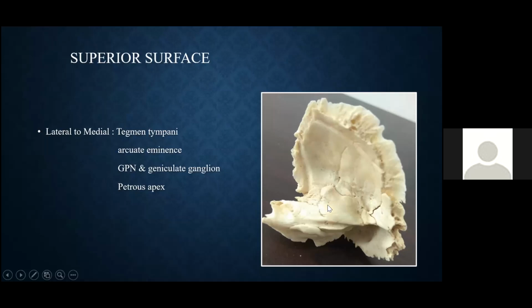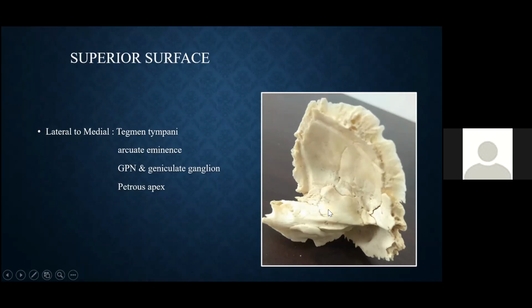And for any middle cranial fossa approaches, it can be easily damaged because of the thin bone over it. And in around 10% of the cases, in this geniculate ganglion area, the bony covering of the geniculate ganglion area is found dehiscent. So for any middle cranial fossa approaches, one has to be careful near the anterior border of the petrous, the anterior superior surface of the petrous bone, not to injure the greater petrosal nerve.